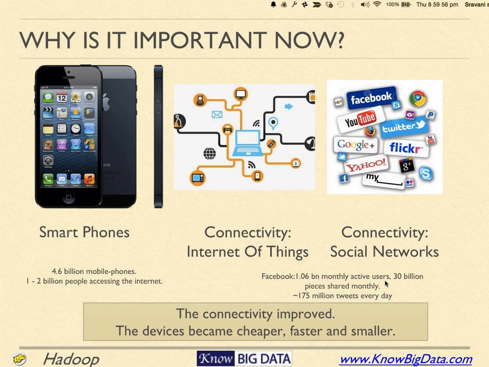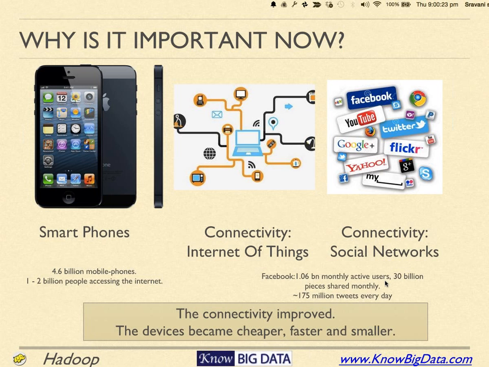The phone you hold in your hand is actually the acme of engineering. Every year it has become faster, cheaper, and smaller. And since 2002, the smartphone came into realization. And other than that, the connectivity